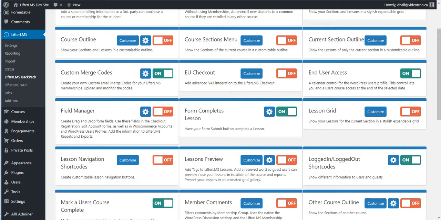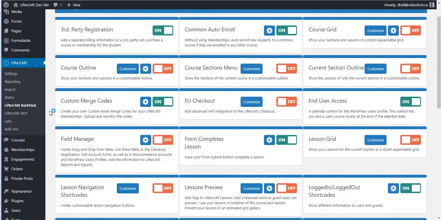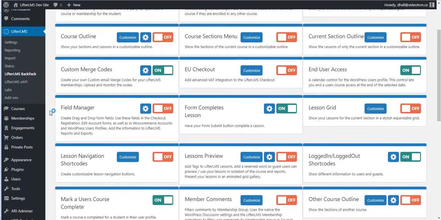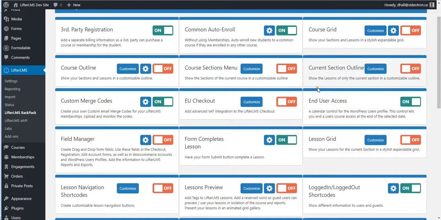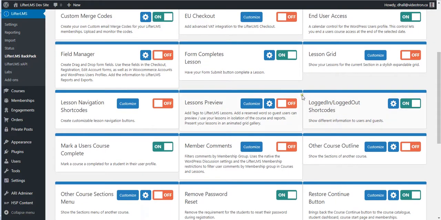I'd like to go through two of the major features that are in LifterLMS BackPack version 1.2.0. Many of the features here that you see turned off are because they are not actually installed in 1.2.0. These are for future releases, and I'm still doing some work on them. However, in 1.2.0,